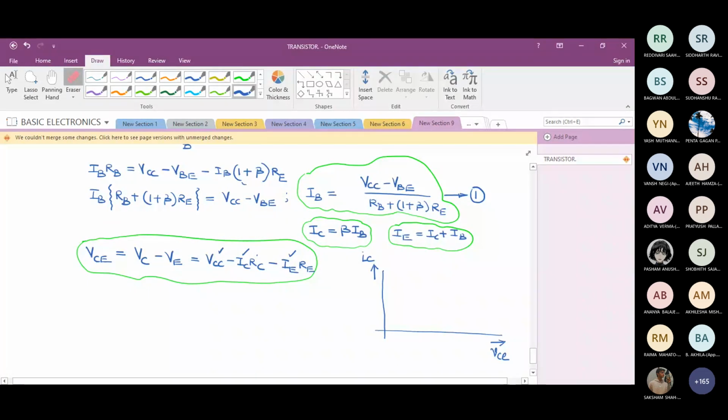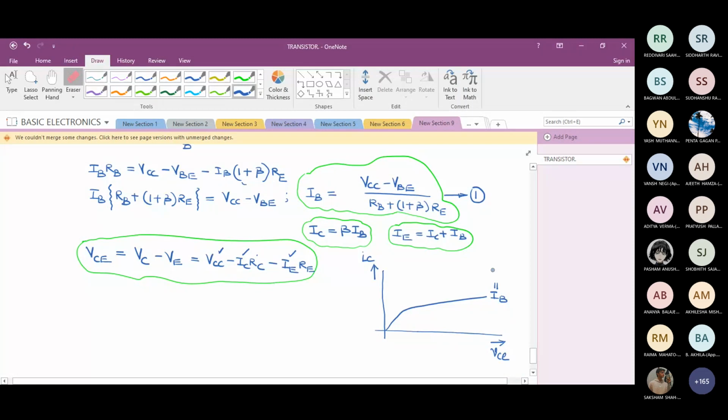Output characteristics in common emitter, for a given value of IB. So if I know the IB value from equation number 1,